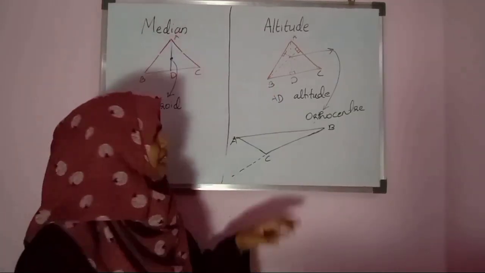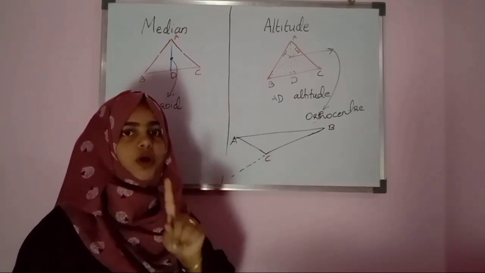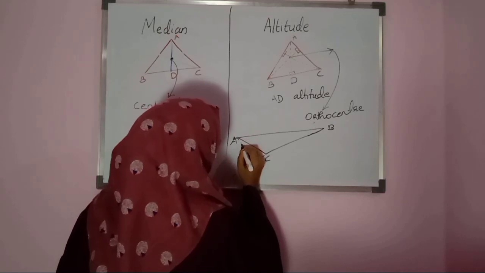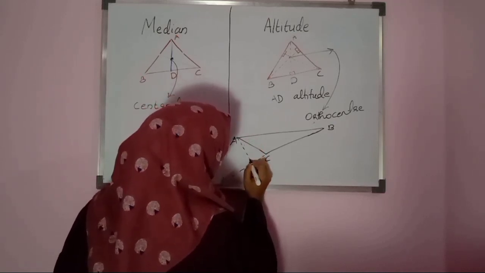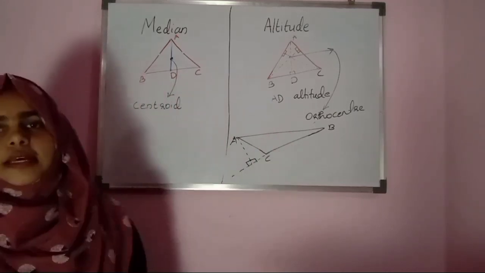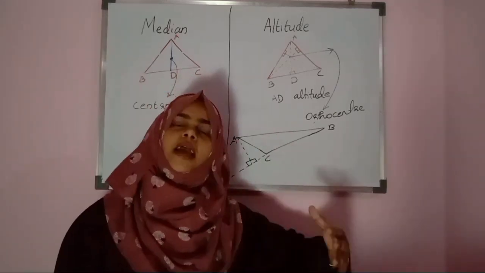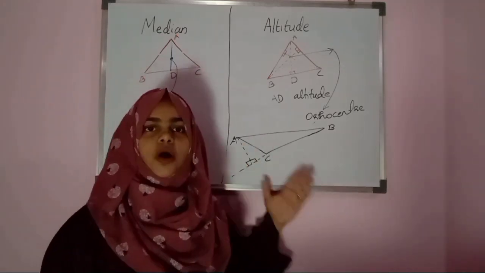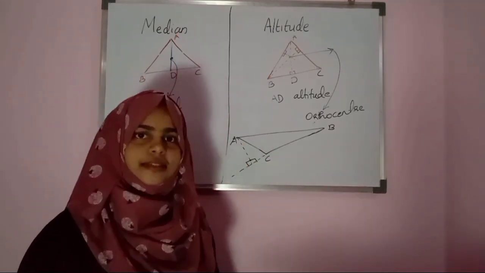Okay. So, if this is a triangle, if I draw an altitude to this triangle, how could I draw? It will be beyond the triangle. This will be the perpendicular drawn to this triangle. So an altitude may or may not lie inside a triangle. In this case, the altitude is outside the triangle.